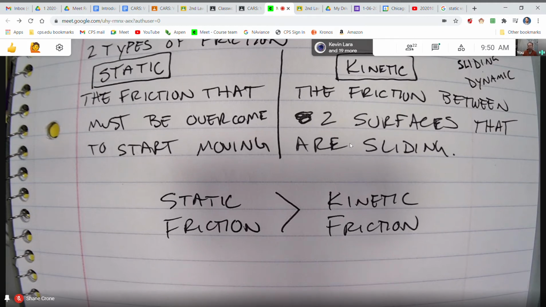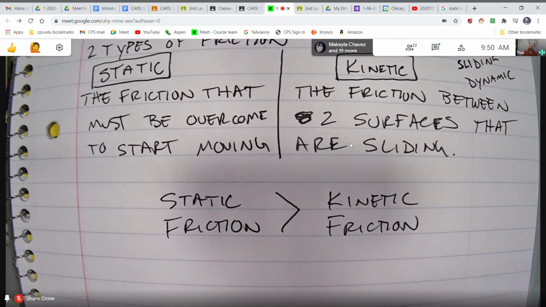So when you're driving in a car and you're thinking about, okay, if I want to turn, or if I want to speed up, or if I want to brake, which of the two frictions do I want to use? Do I want to use the static friction or the kinetic friction? Duh, I want to use the static friction. It's going to give me 50% more force between the tires and the road. So I always, 100% of the time, want to be using static friction.